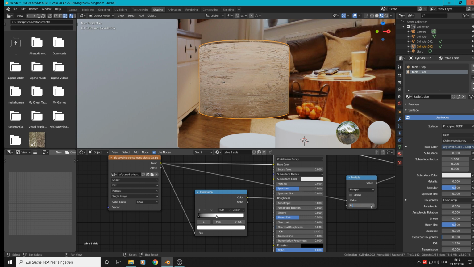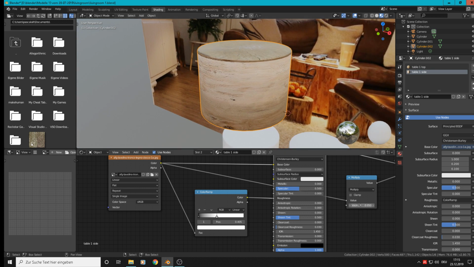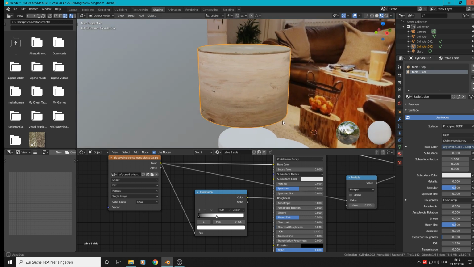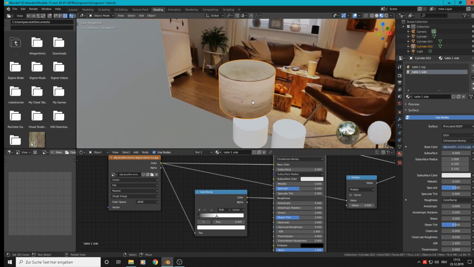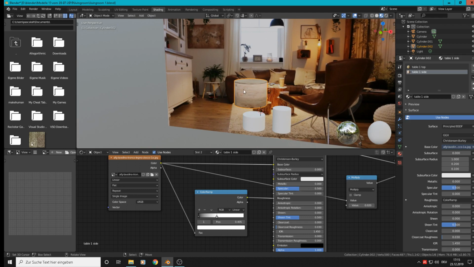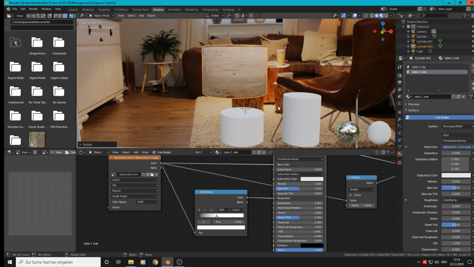So 0.05 maybe. A little bit too much. So 0.02. That is okay for that wood. So we have now one of these tables done, and we need the materials on all the others too,